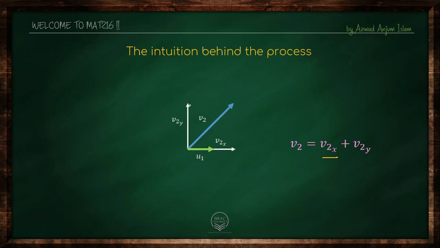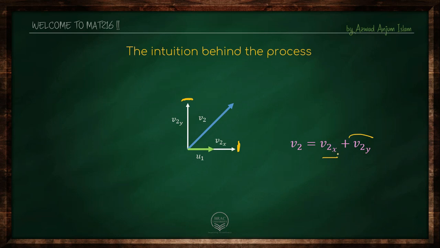We only need this portion because u1 has no effect on this portion. We need this part. This part is essential. This part of v2, the second vector, this part is essential. This part here is redundant because u1 already covered this part, right? So we can just keep this portion and just get rid of this because we don't need this.